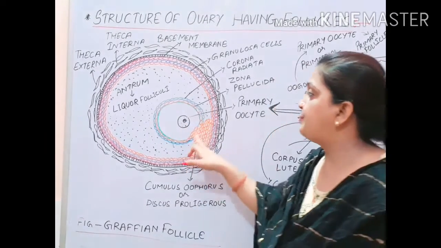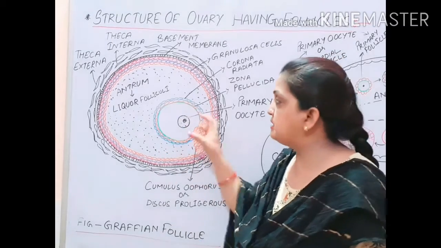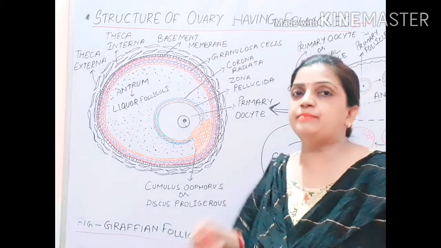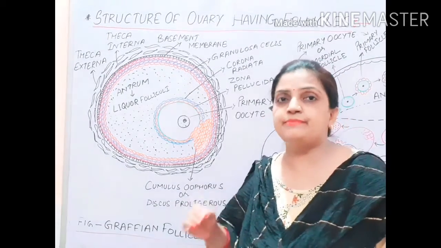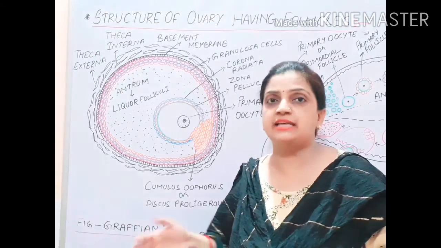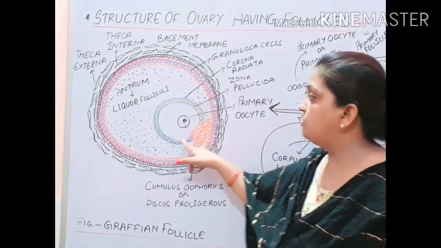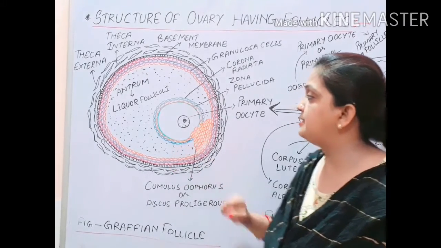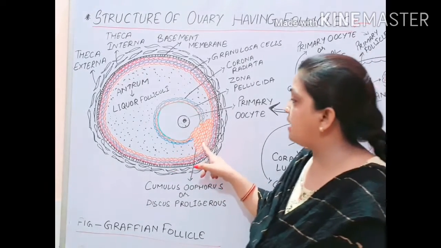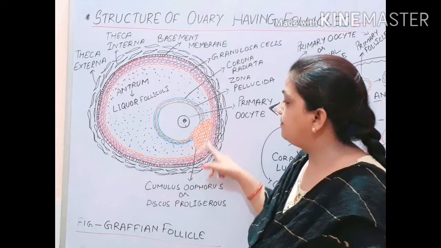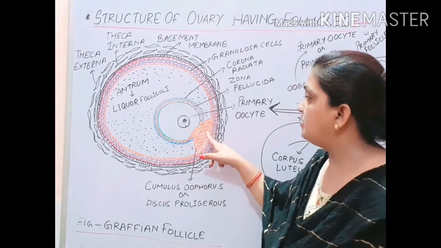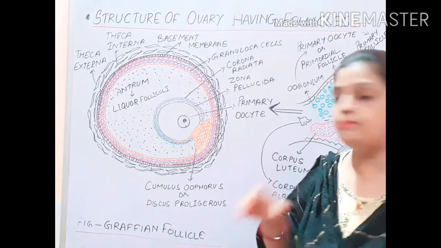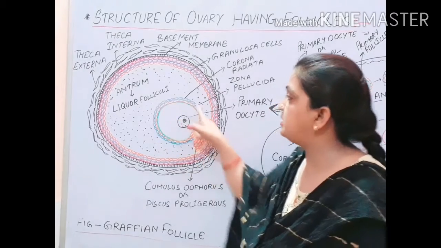Now you know that the primary oocyte is here, and this primary oocyte is protected again by two membranes, and these membranes are also formed by the granulosa cells itself. So this primary oocyte is also protected by two layers, and one of the layers is the continuous layer of the inner part, that is the granulosa cells which were formed in the primary follicle. This is the continuation of this layer only.